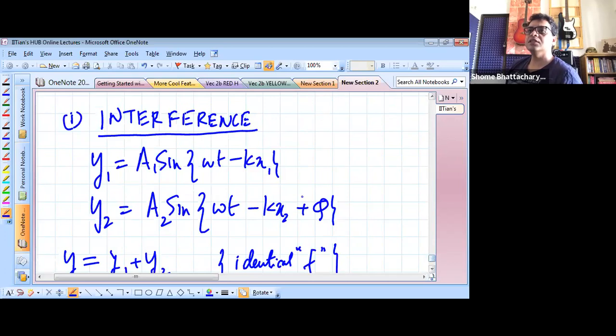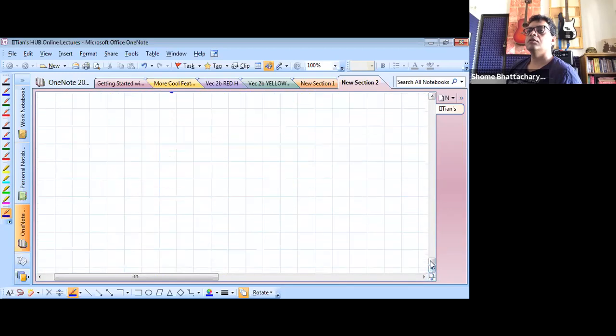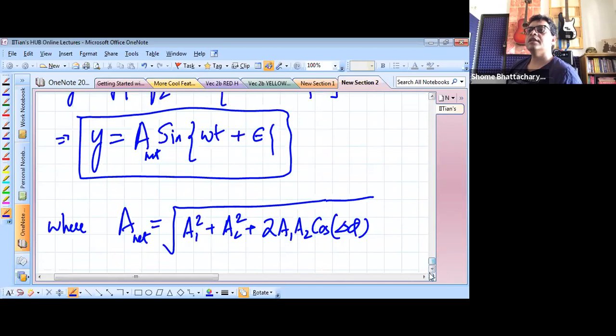So phase difference here will be just the whole phase of the second one minus the whole phase of the first one. It will be just the magnitude of the difference of this whole phase minus this whole phase. Okay, where phi is just a phase constant, but the instantaneous phase at this point is given by this. Okay. So you'll have to understand that